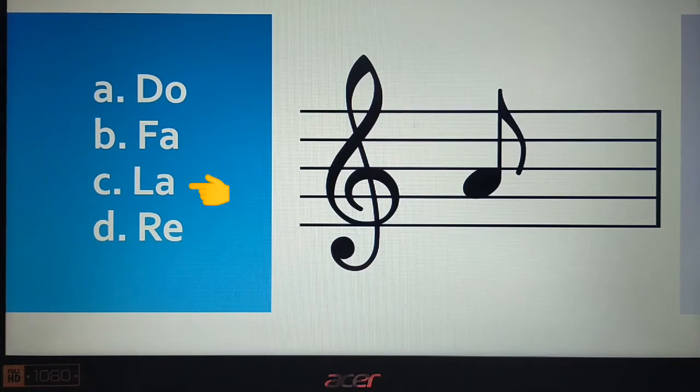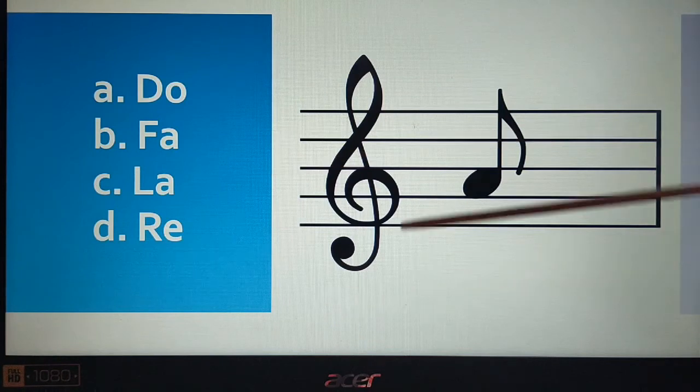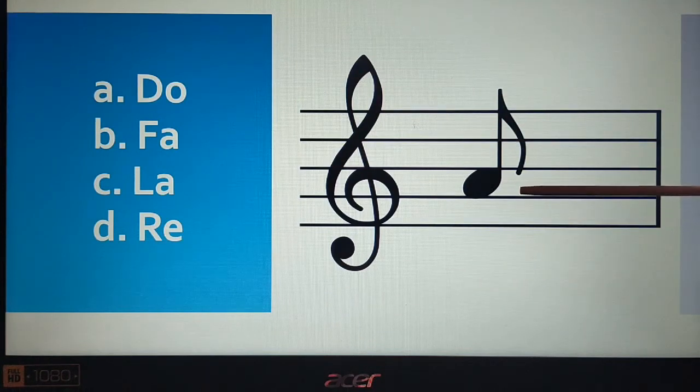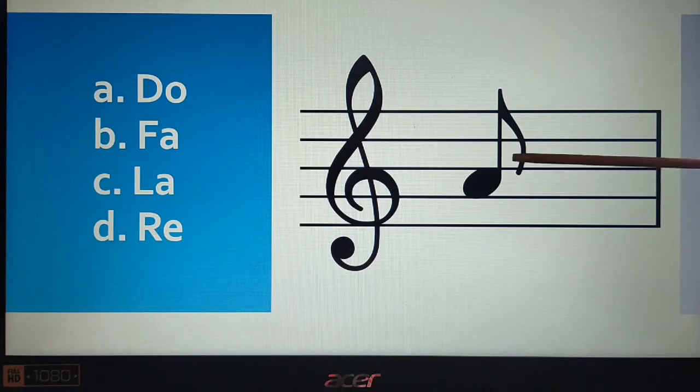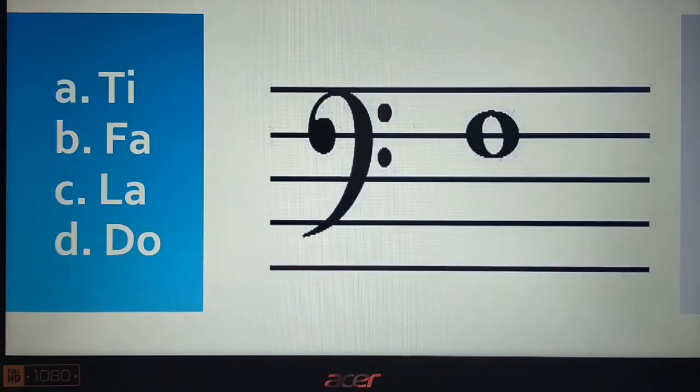It is La because it is a treble clef and the note is on the second space of the staff. So 1, 2. So this is la. Very good. Next,